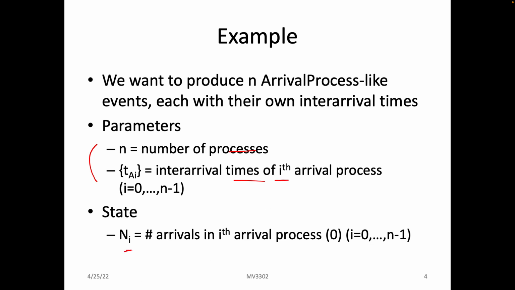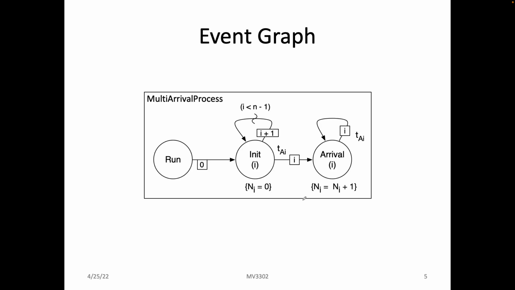Our state is also indexed: we're going to count the number of arrivals in the ith arrival process. Each one is initially 0, and the index goes from 0 through n minus 1,